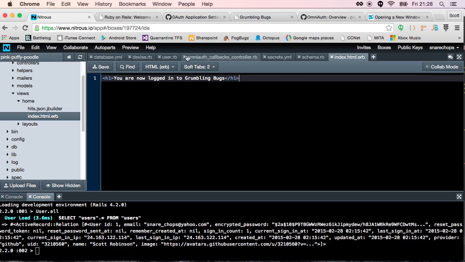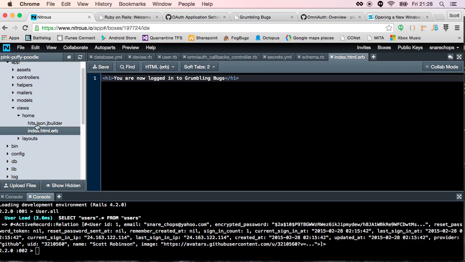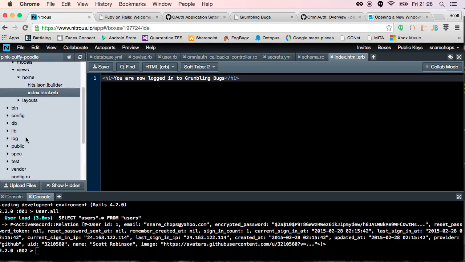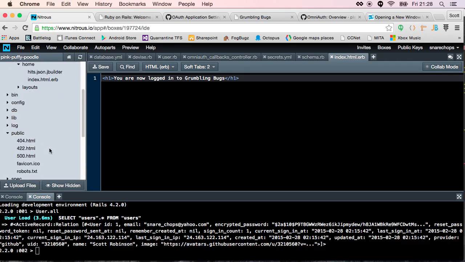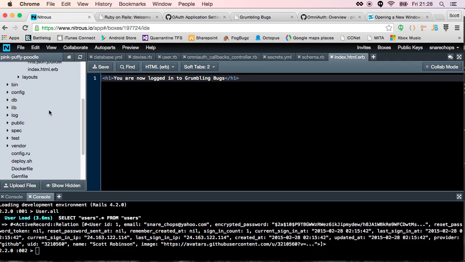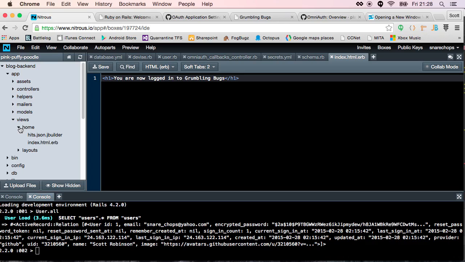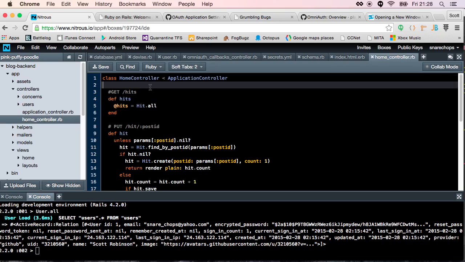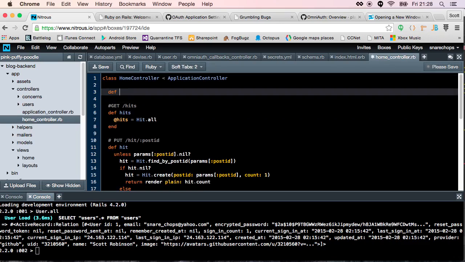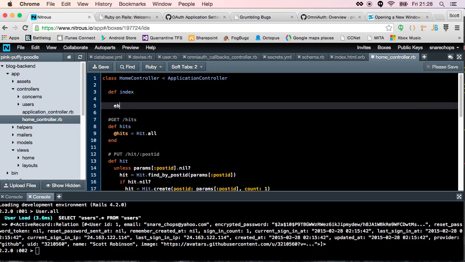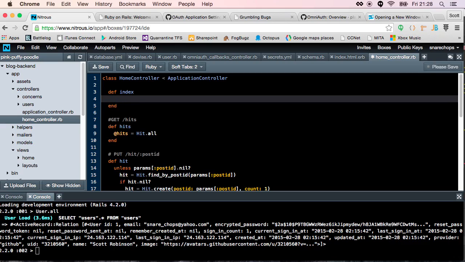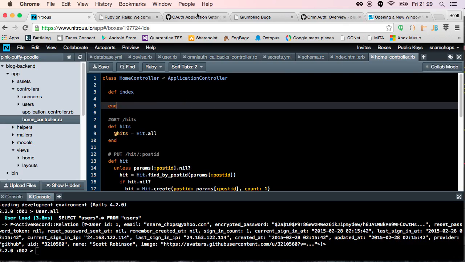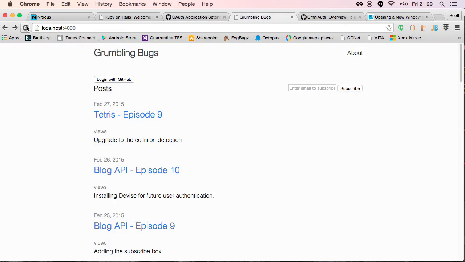And then we just need to make sure we have a method for it. We want to get rid of, in the public directory, there's not an index. Nope, they got rid of that. Okay. In our controllers, home controller, we do want to have an index action, and we really don't have to do anything here because Rails will handle the rest of it for us. So at that point, we just refresh the page here, click login,